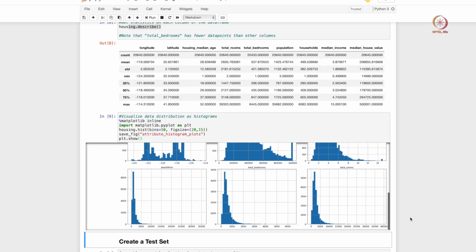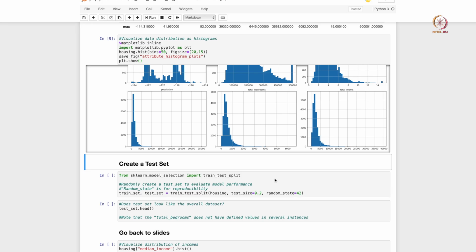Alright, let us now create a train test split, right. One way to create a train test split is to use this function called train_test_split from scikit-learn. So scikit-learn is a machine learning library that we will use quite often in Python. It is very good as a starter module to learn and practice machine learning.